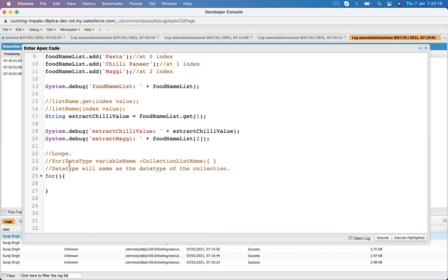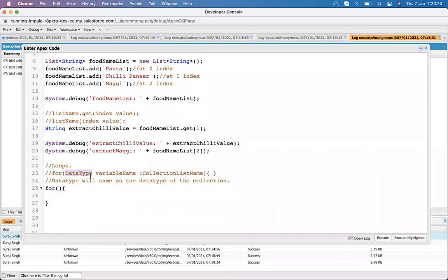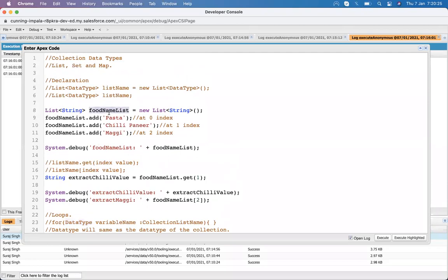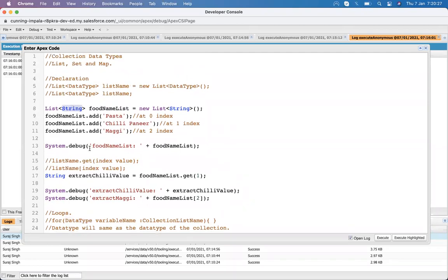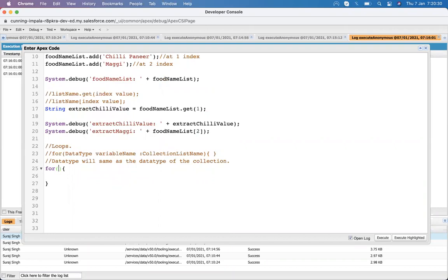Whatever the data type of the collection is, the same data type should be written up here. In our case, our collection is the food name list, and its data type is string. So I will write string, and put a variable name.